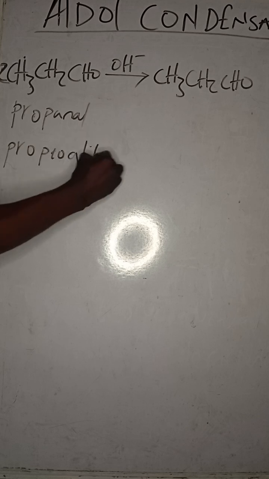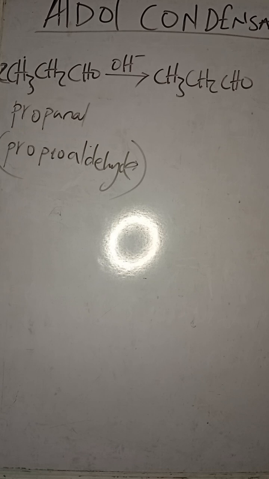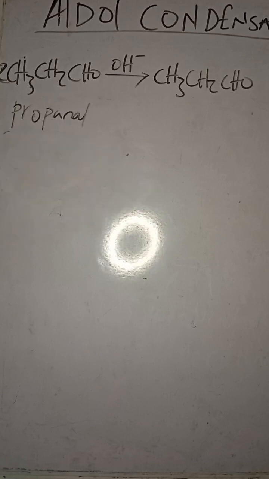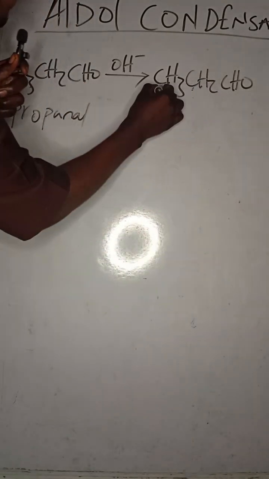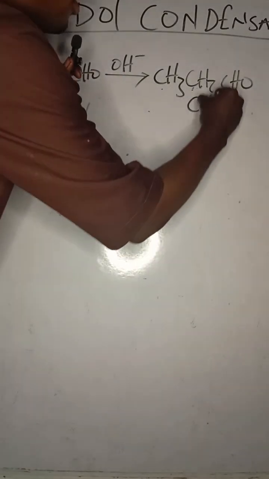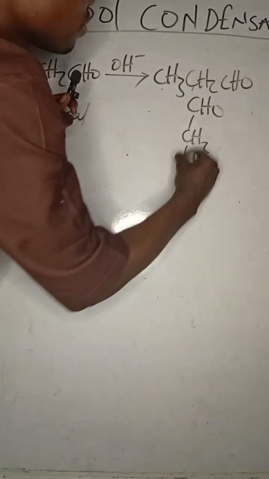Propionaldehyde. That's a trivial name. So propanaldehyde, propion, I think there's an N there. Propanaldehyde. So now I tell you, you write one of the aldehyde molecules, then you write the other at the alpha position. So this is the alpha position, this is the beta position, because the carbon next to the functional group is alpha, the next carbon is beta. So you write it at the alpha position, CHO, the second aldehyde, coming down to CH2, then